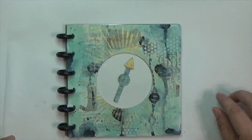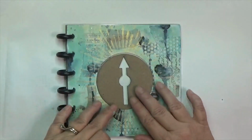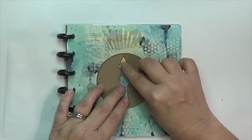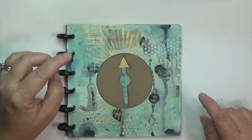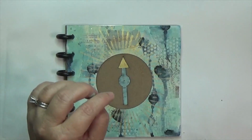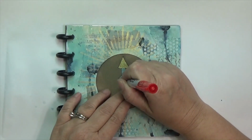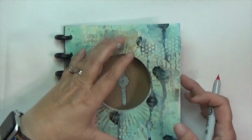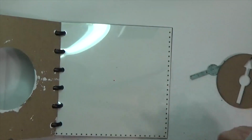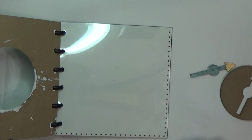So I'm going to put my spinner down, and I immediately realize I'm not sure where the center is supposed to be. So y'all, I have this great little frame that I created. I don't know that's the exact center, but it's at least more center than anything else. And I'm taking my Sharpie marker, just a fine point Sharpie, to mark that center spot, pull everything off to the side, and then I'm going to go grab